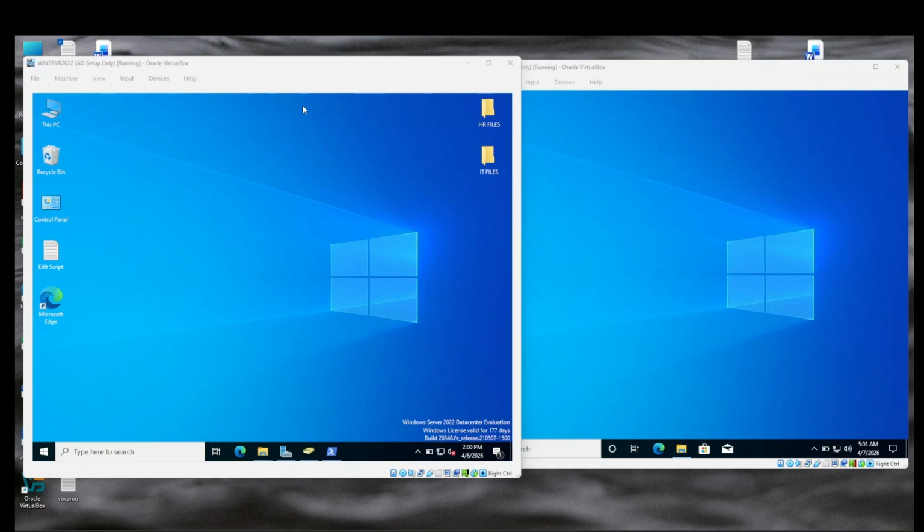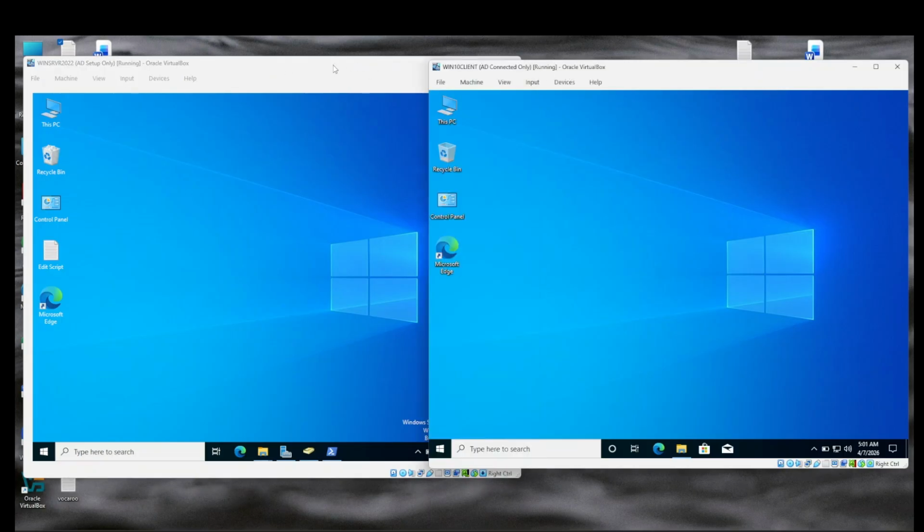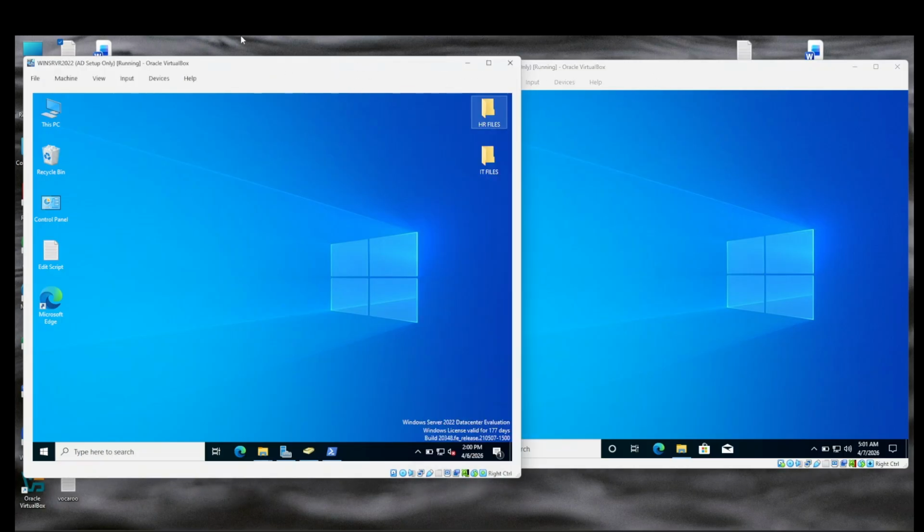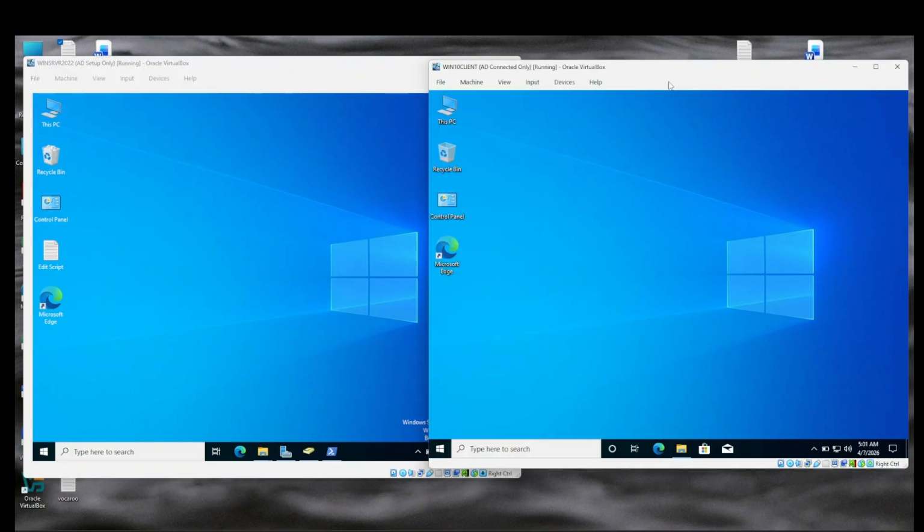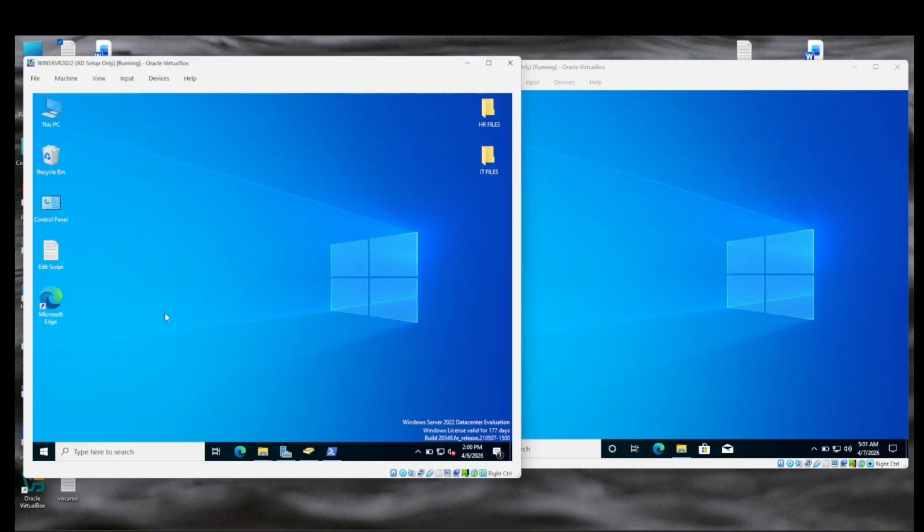Okay guys, here we are in my lab environment and I'm going to show you this setup. This one is a Windows Server, which is the server for Active Directory, the domain controller. This one is also the client, which is a Windows 10.